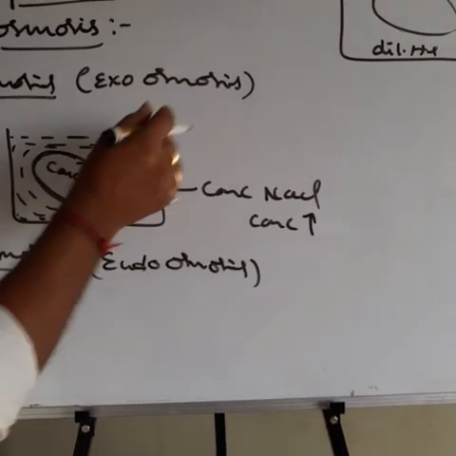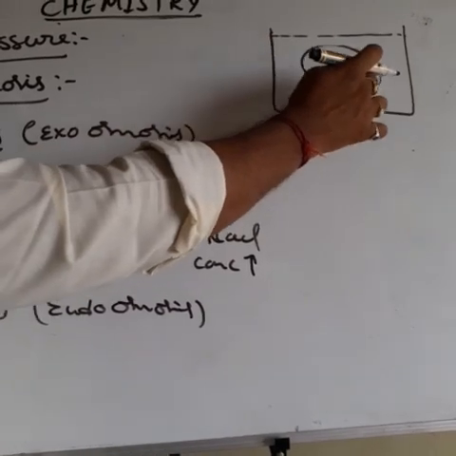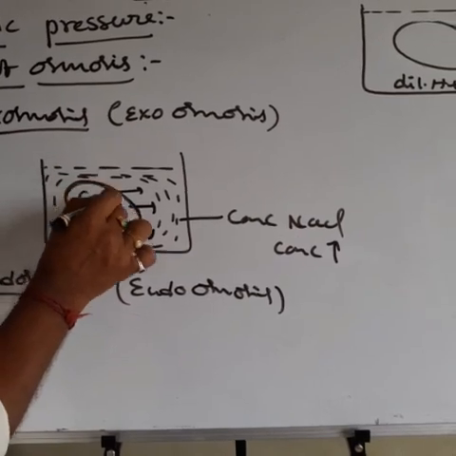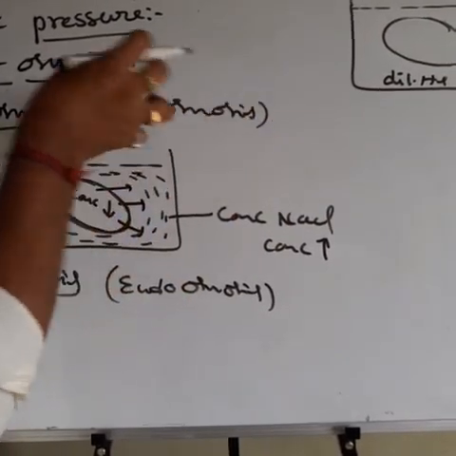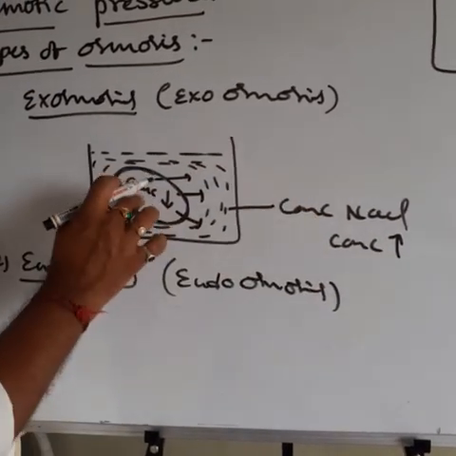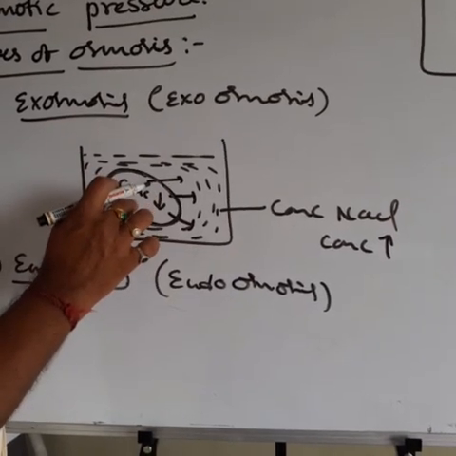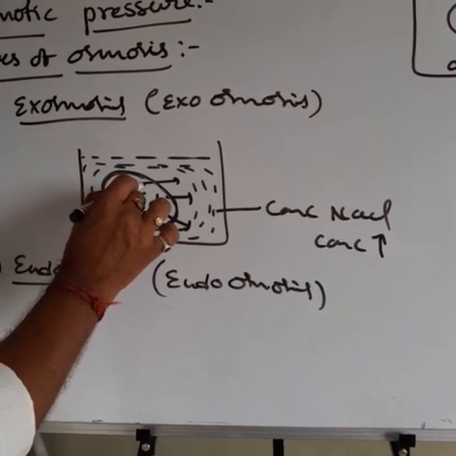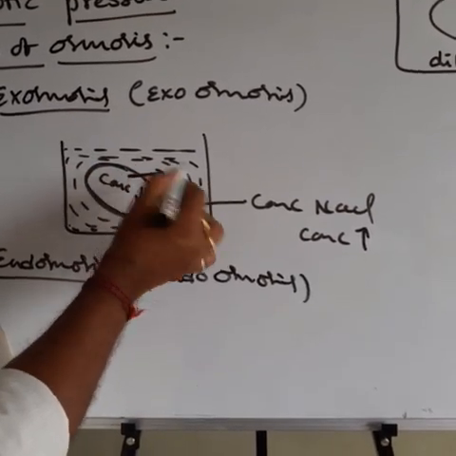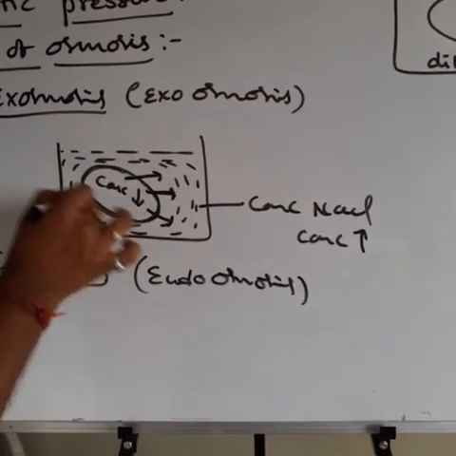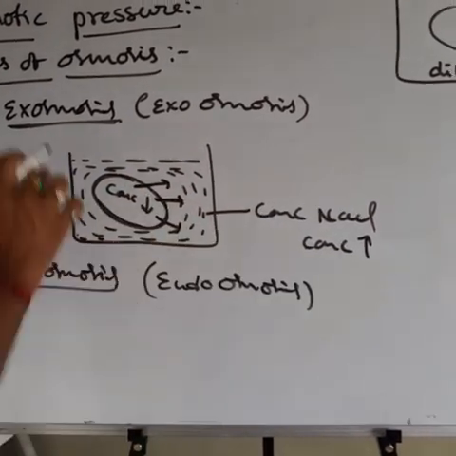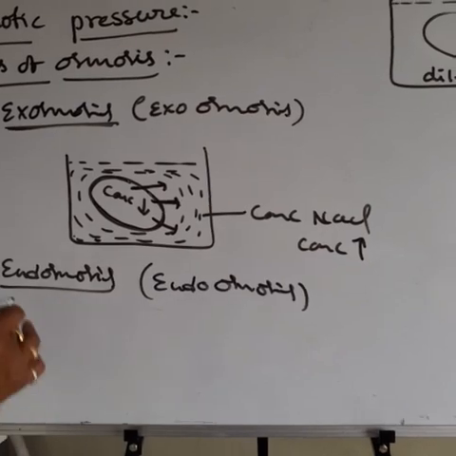Semi-permeable means that after loss of the white calcium carbonate layer, one skin is present around the egg, and that skin acts as a semi-permeable membrane. When the egg is dipped into the concentrated NaCl solution, the concentration outside is more and inside the egg is less, so solvent particles flow out from the egg into the NaCl solution through the semi-permeable membrane. That is called exosmosis. Exo means the solvent particles come outside from the egg.